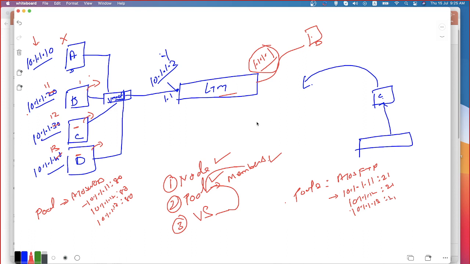I have a virtual server 1. In that virtual server 1, I'm referring to this pool. Now you're expecting one more virtual server, correct? In this virtual server 2.